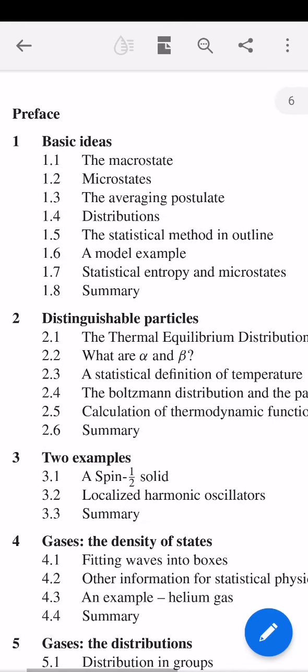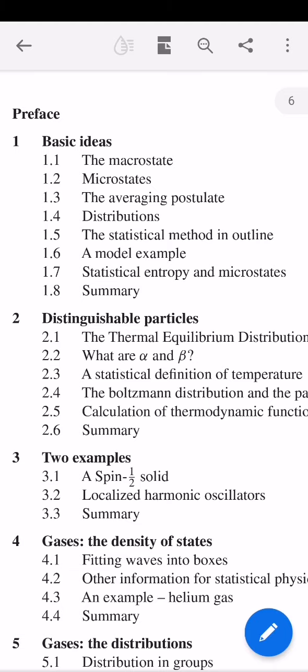The first chapter is about the basic ideas of Fermi-Dirac and Bose-Einstein statistics in this book. So it gives you a basic idea, fundamental knowledge about what the other chapters will entail. It talks about macrostates, the averaging postulate, distribution dynamics, the micromechanics of the statistical methods, entropy, microstates within the atoms, the interatomic states of the particles. So gluons, gravitons, fermions, bosons, electrons, protons, antiprotons, weak nuclear force, strong nuclear force.